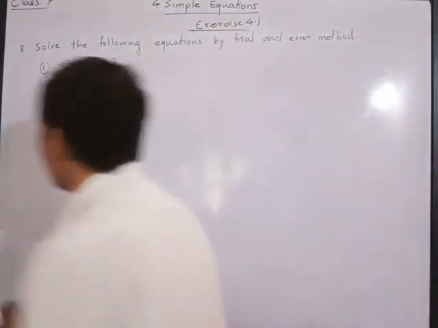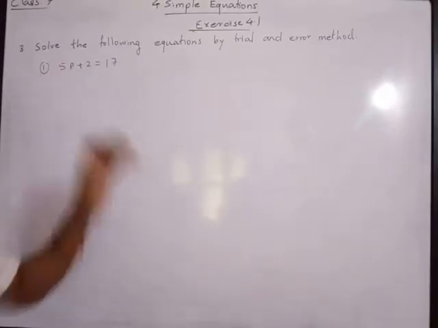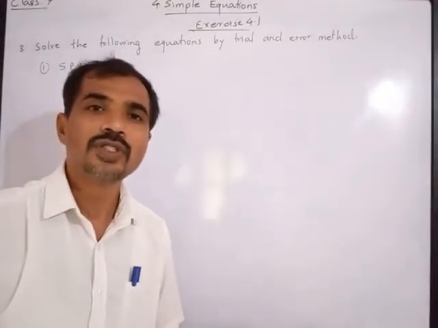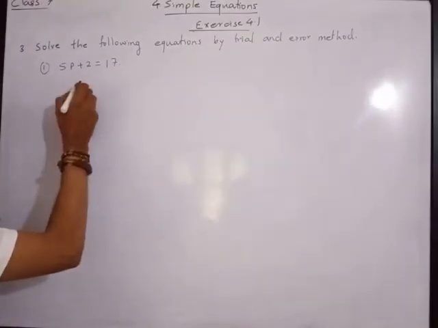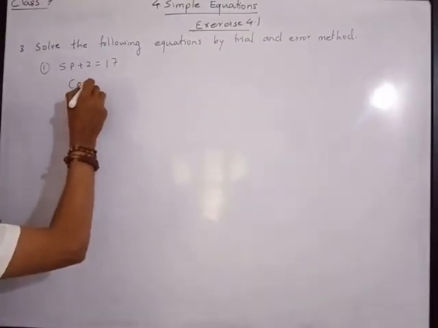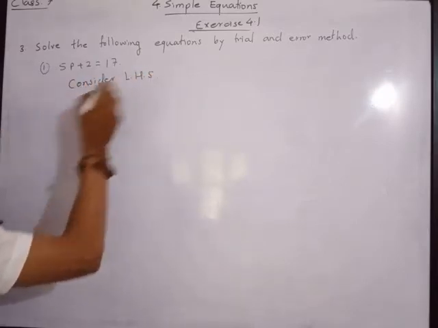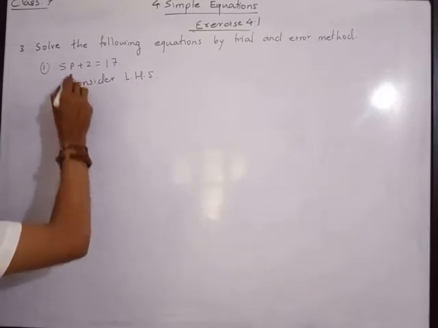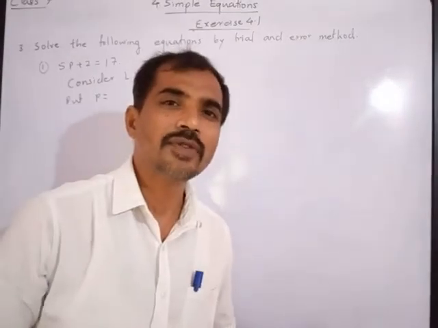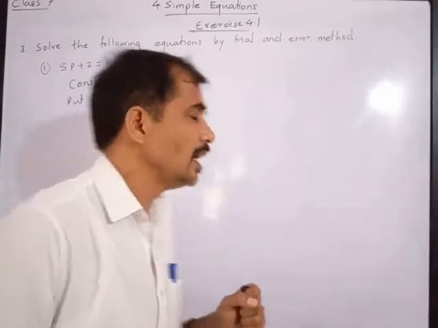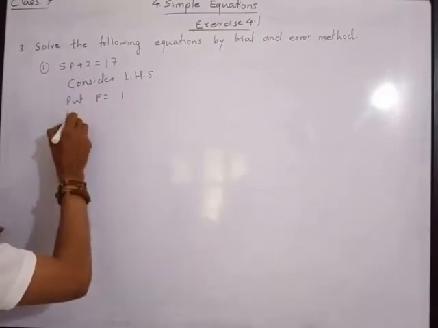Now, we don't know what the solution of this is. So, what will we do? We will check whether p is equal to 0 is the solution or not. Consider LHS. We already know how to solve. In this LHS, put p is equal to any number. We have to put any number which we feel could be the answer. So here, if we put p is equal to 1, we will get LHS is equal to